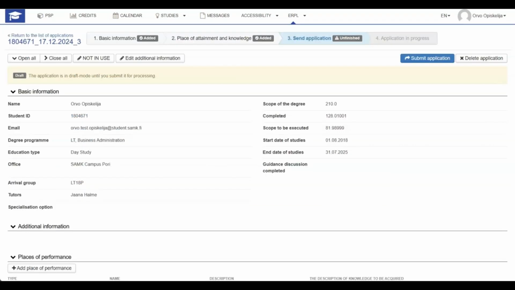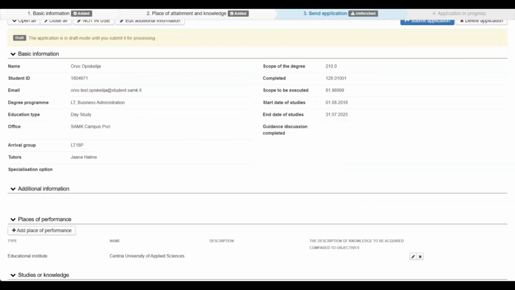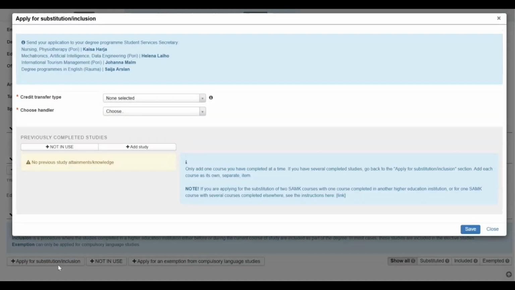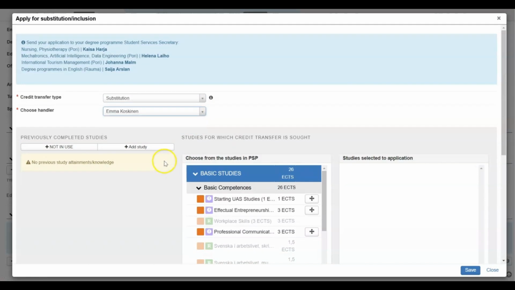If you want to apply for substitution of 2 or more SAMK studies by one study completed elsewhere, start the application as I have just instructed you. First, select New Application and then Add Place of Performance. And then click Apply for Substitution/Inclusion. Select Substitution and the right handler. Add the other study